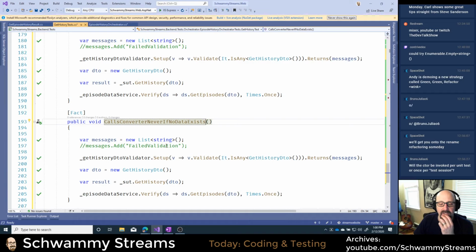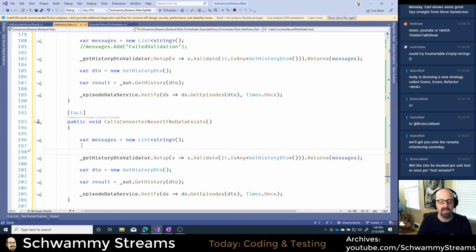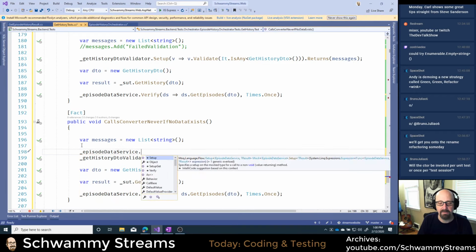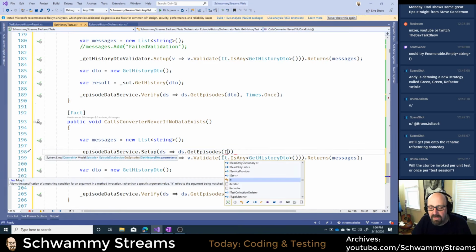And so in this case, what I'm going to do is I'm going to have no messages here, but now I want to mock my data service. My data service needs to return something. So I'm going to set it up. I'm going to say data service setup dot ds goes to ds get episodes, and I'll pass in the same thing here.